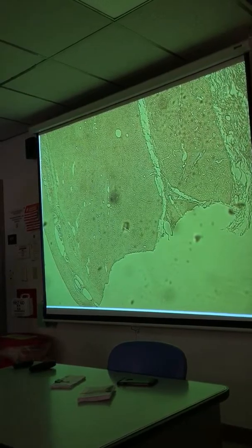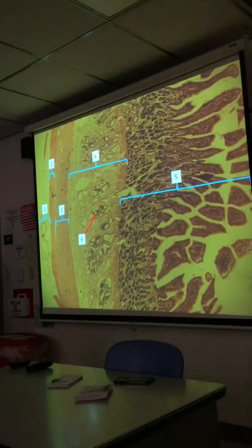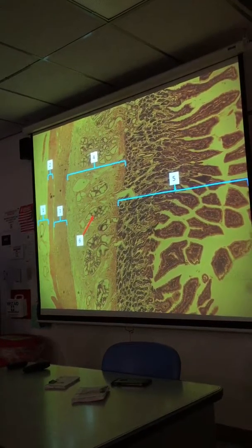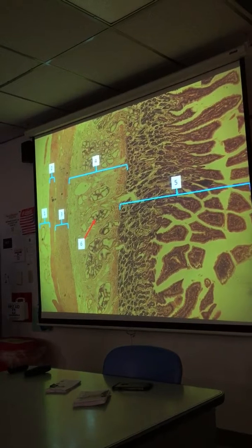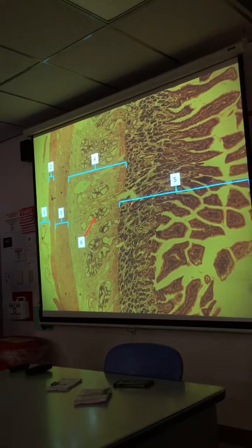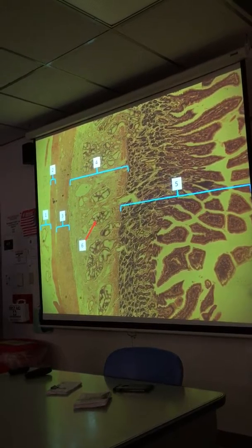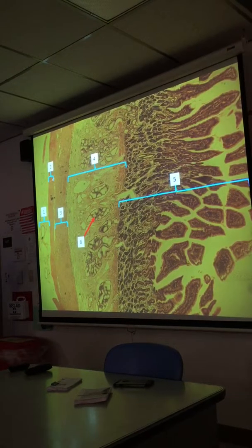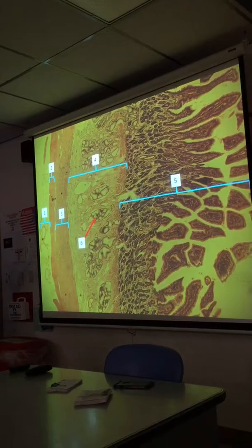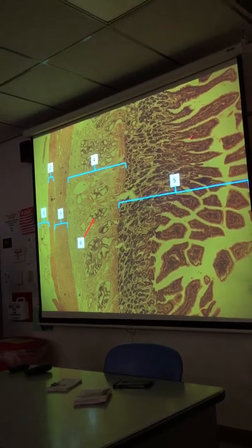Okay. We're going to move on from stomach to small intestine. The 3 parts are listed on the board. This is the first part, the duodenum. So 5 is mucosa, submucosa. We see 2 layers of muscularis externa. That's the longitudinal, that's the circular. Number 1 is a nice looking serosa. Okay. Now you can see the villi, the little